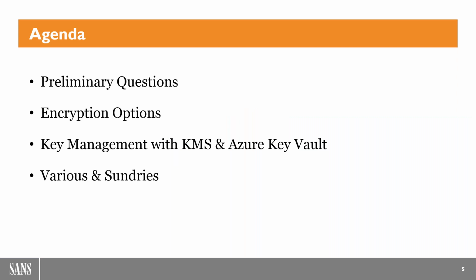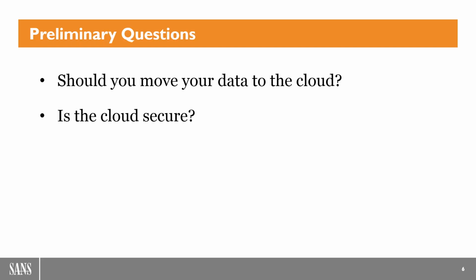We're going to focus mostly on the encryption options and key management. We will be heavily weighted toward AWS, as that is where my depth of experience lies. However, we'll also address Azure in the process. So the preliminary questions that I may be asking, and some of you have hopefully settled these issues already, but I know there are still quite a few organizations out there that are still trying to decide what they're going to do about the cloud, and are in some cases fairly fearful of going into the cloud.